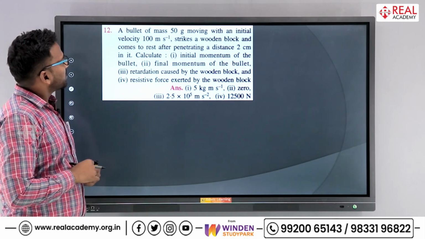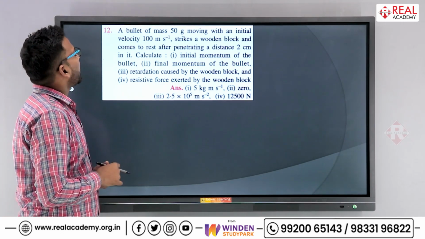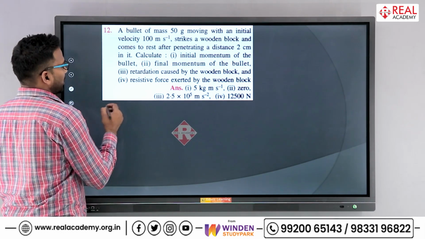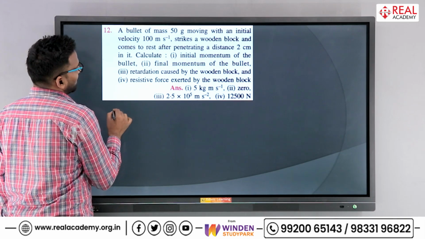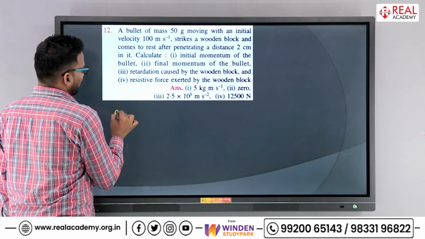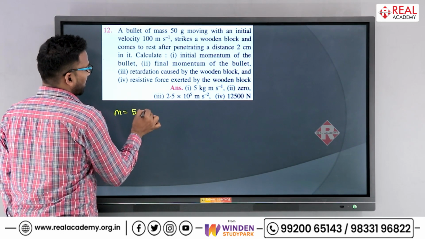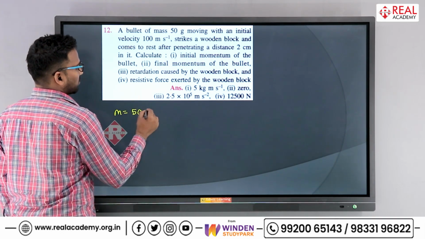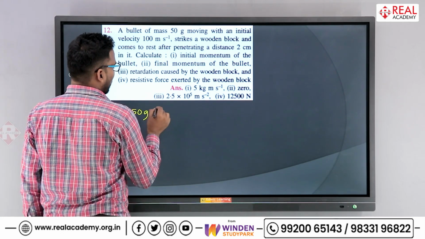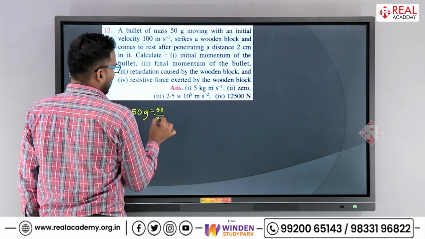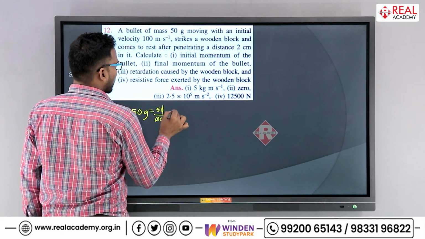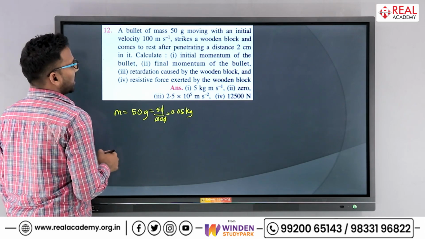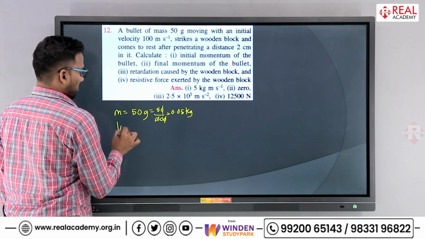A bullet of mass 50 gram moving with an initial velocity 100 meter per second. M is equal to 50 gram. So do we need to keep it like this only or convert? We will convert in kg. So 50 by 1000, that is 0.05 kg. With an initial velocity